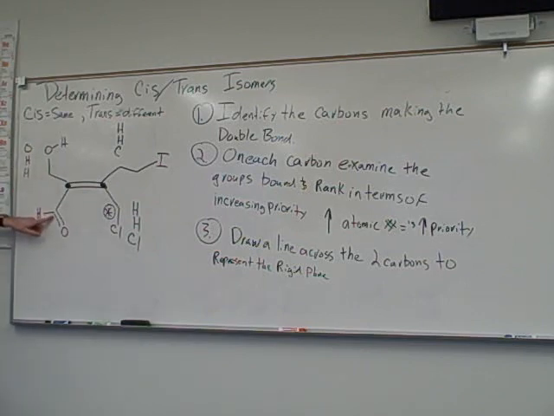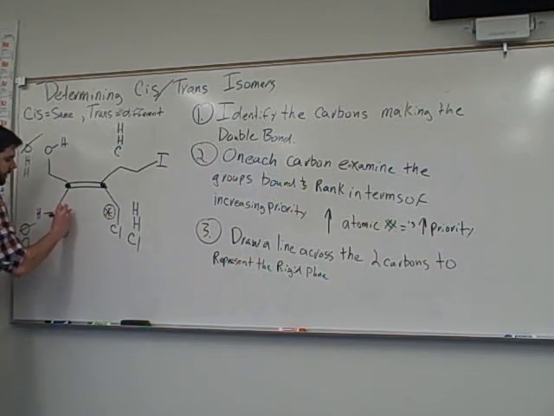Whereas this carbon down here is bound once to an oxygen, bound twice to that oxygen, and then bound once to a hydrogen. Both of them have an oxygen, which cancels each other out. And then of the remaining two things, we can see that oxygen has a higher priority than hydrogen up here. So in terms of priority, we're going to give it to what we call an aldehyde group here,